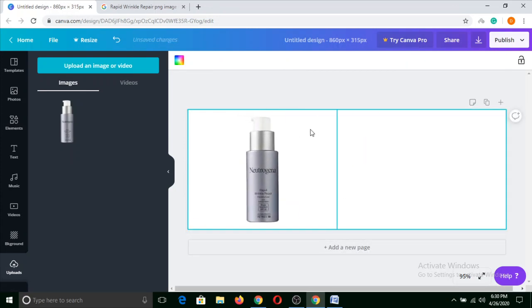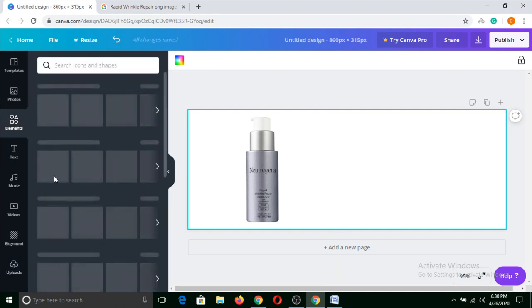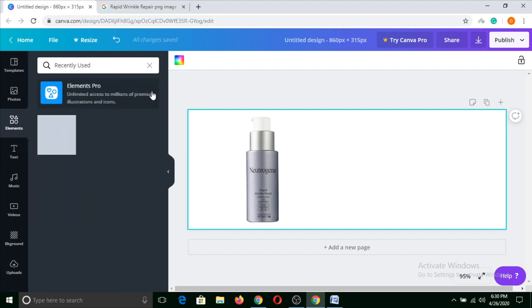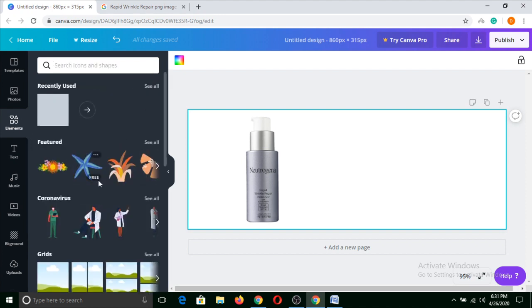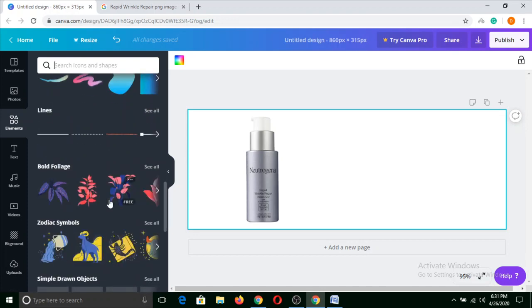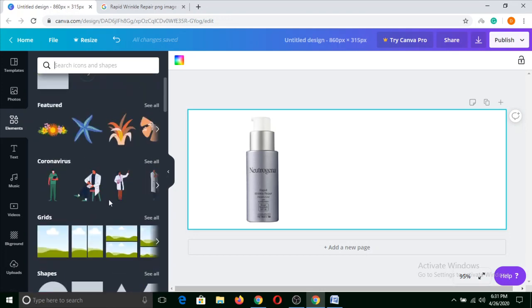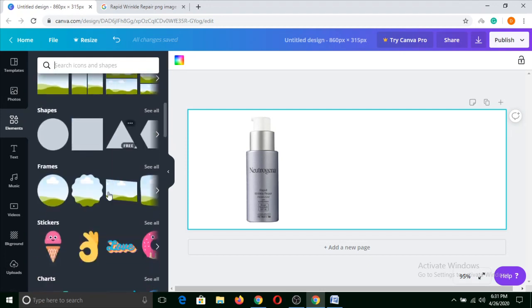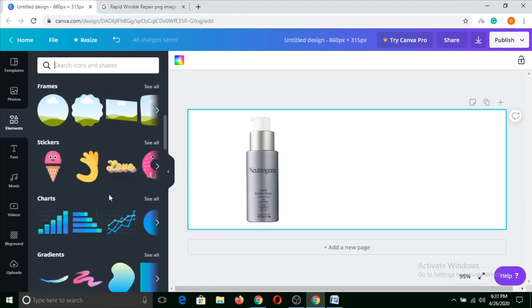Then another thing that we are going to do is we'll go to elements and click on see all. So there are not any images, sorry, we are searching for an outline. Let me see where the outline could be.